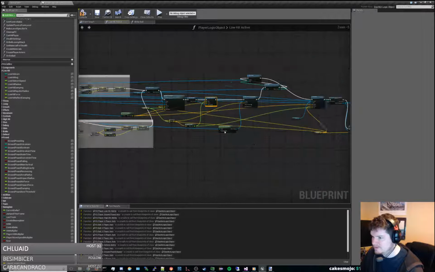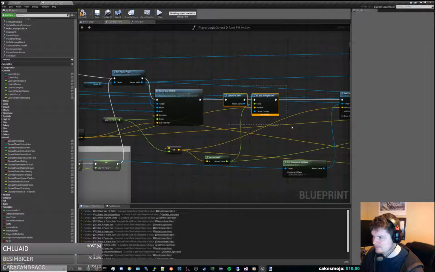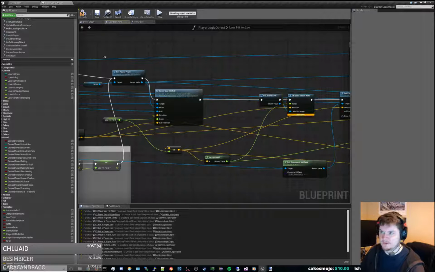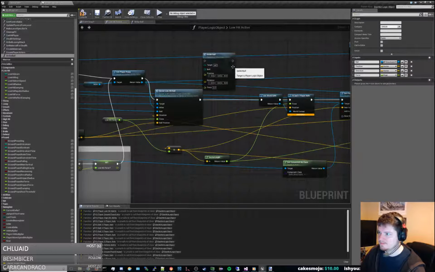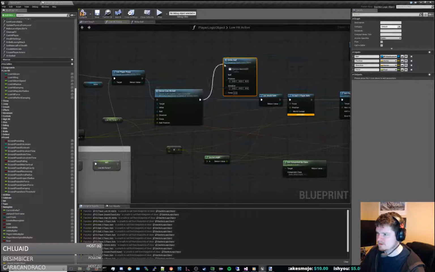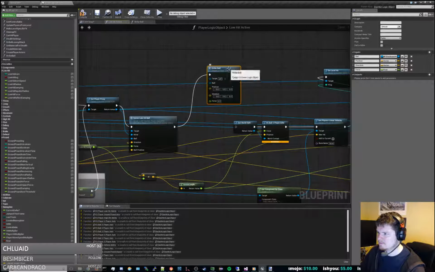Alright, so what we can do is basically, instead of all of this stuff, if we just hook up this strike ball command, we need the ball,